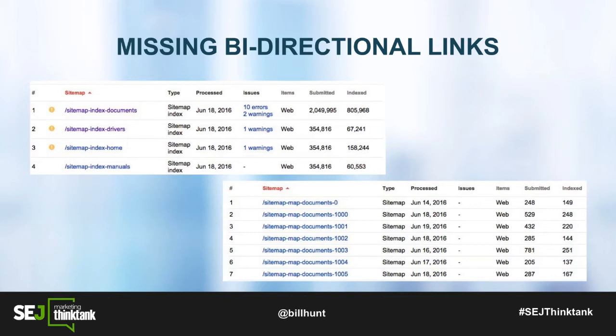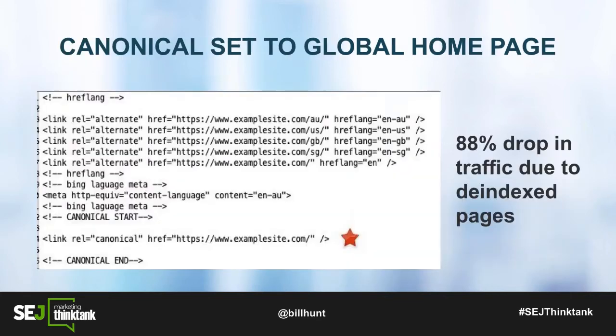The other big problem we're seeing, on the next page, is that there's a lot of people reading things on blogs and either aren't sitting back and saying, does this really make sense, or taking it sort of at face value. At that same conference I was speaking at in Australia, the photographer taking pictures at the event came up and said, hey, I was in a meeting and I heard the manager saying that they've lost almost all their traffic from around the world. Can you please take a look? And I opened up the code to the Australian page, and I noticed that they have href language in there, all nice and neat. But the problem is that they have the canonical tag back to the global site.